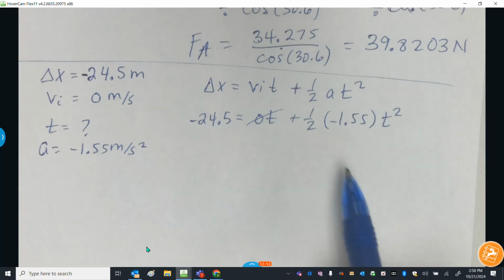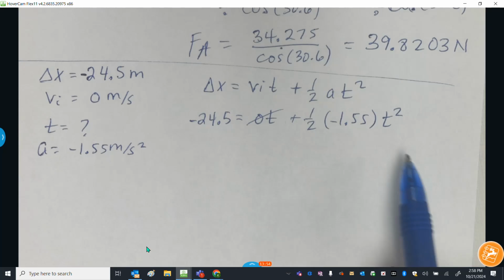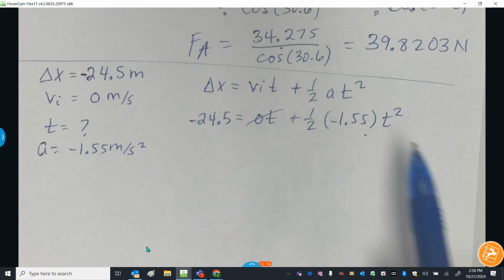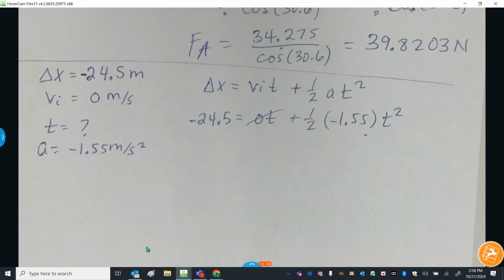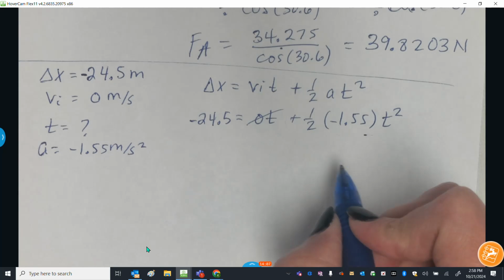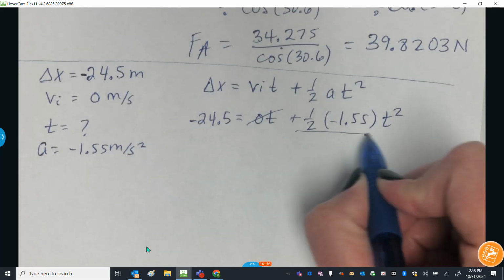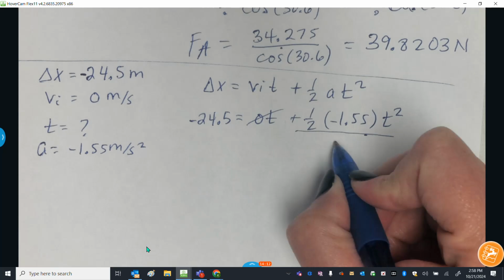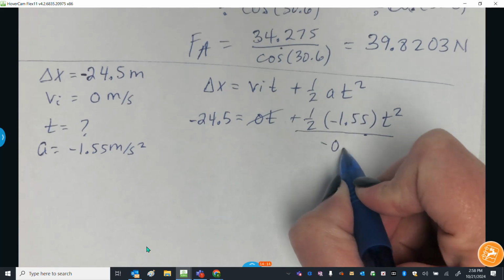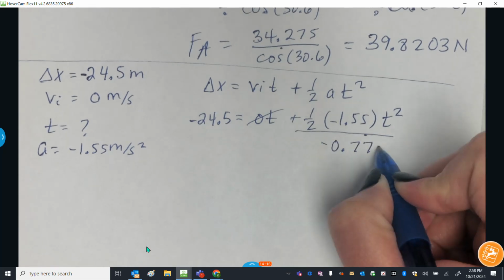From here, we can do this in whatever order. I'm going to go ahead and just get what half of negative 1.55 is, which is negative 0.775, and I'm going to divide by it because it's being multiplied here, and I'm trying to get time by itself. So if I divide both sides by negative 0.775,